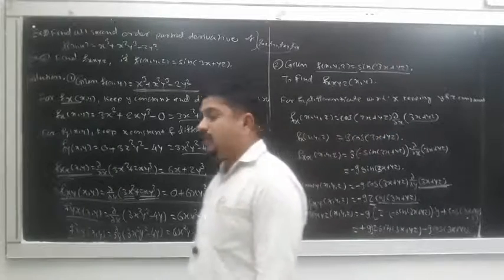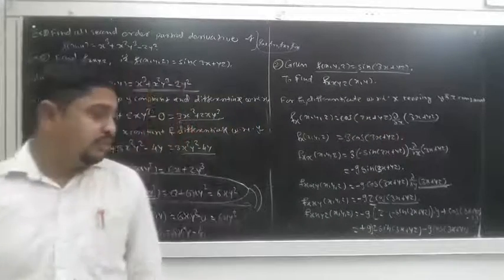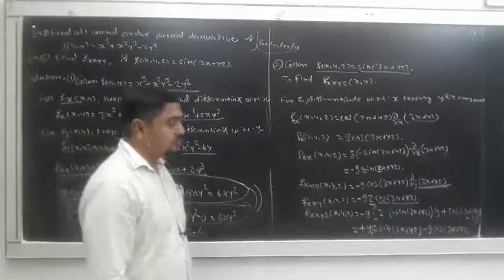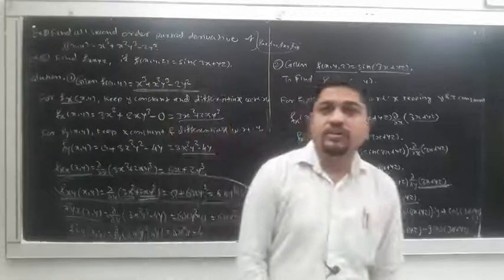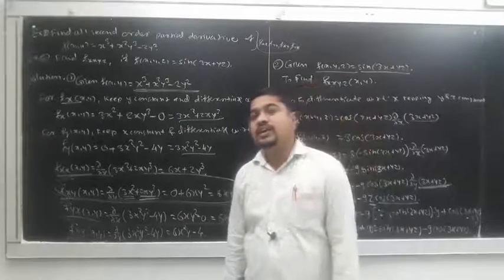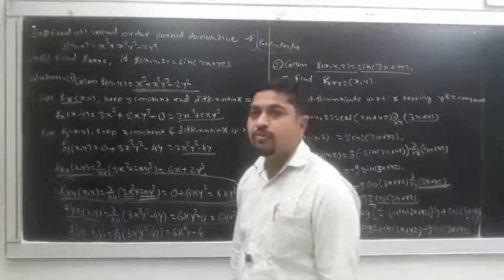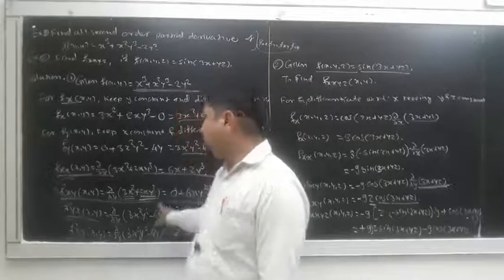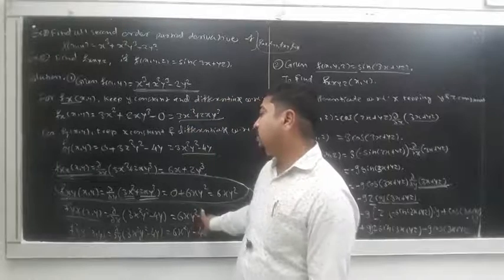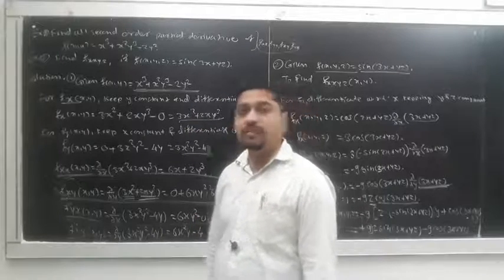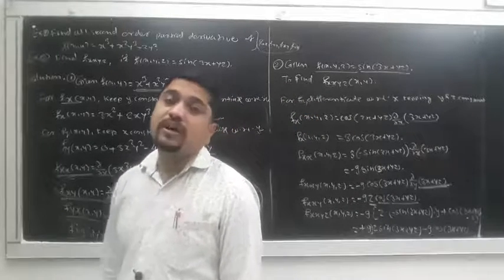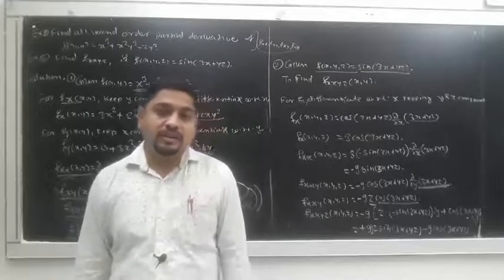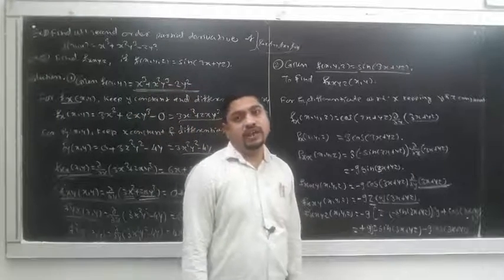Then what we can see is that in so many functions, or most of the time, we get mixed partial derivatives fxy and fyx. These are the mixed partial derivatives. These mixed partial derivatives are equal, and